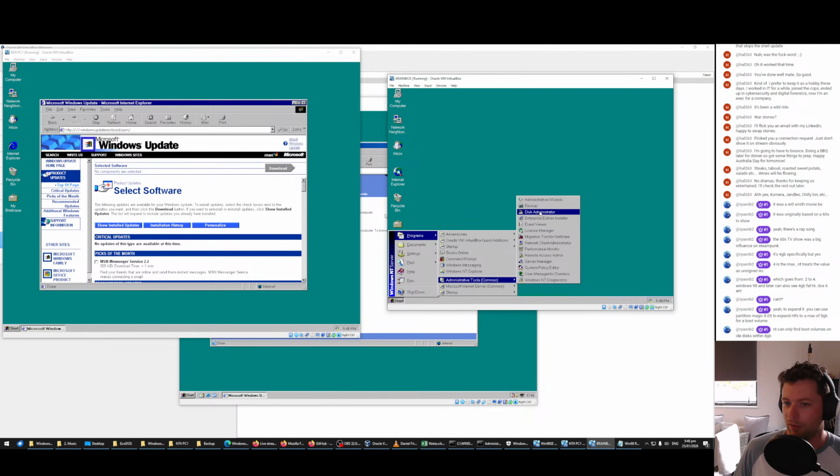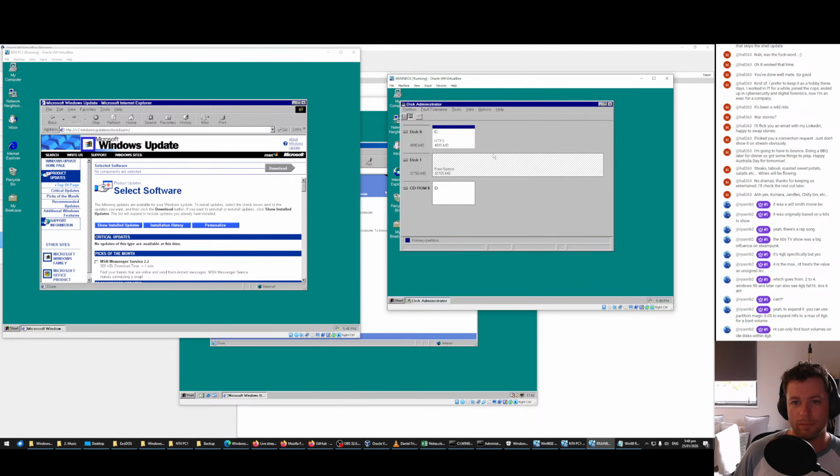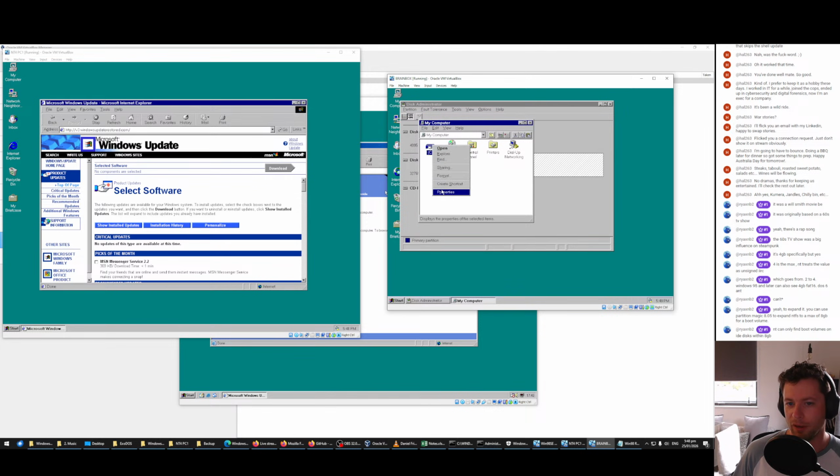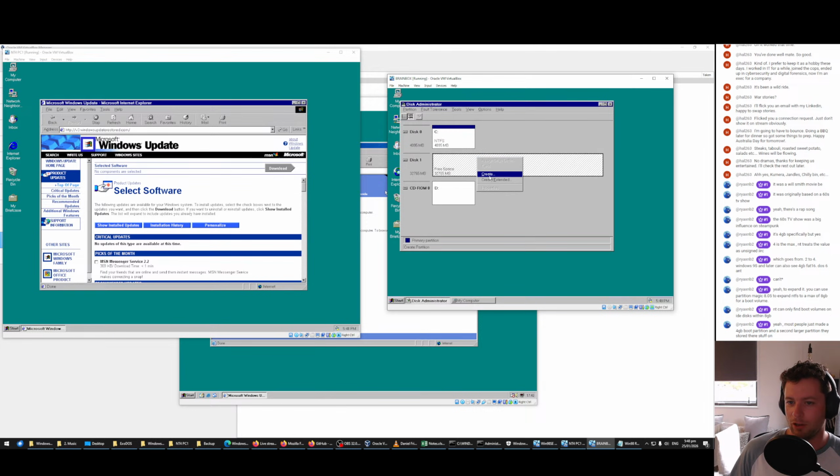So let's see if I go to our server and what drives we got. Oh, okay, so yeah, it's used the full 4 gigabyte without me expanding it, so that's good. Yeah, the second larger partition. Yeah, I've just added the second disk, so